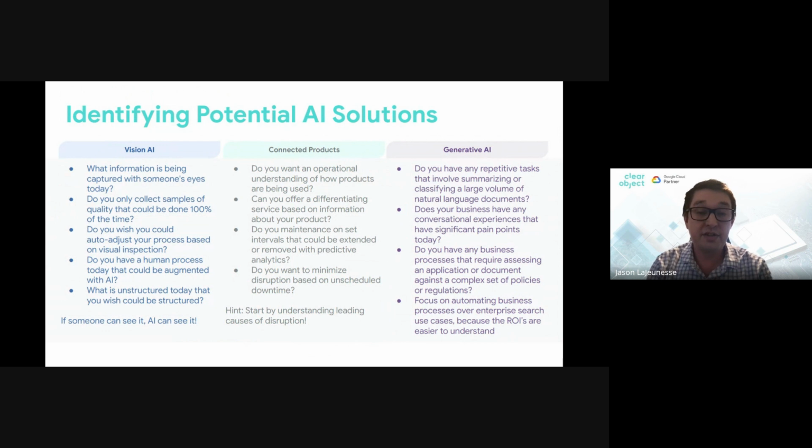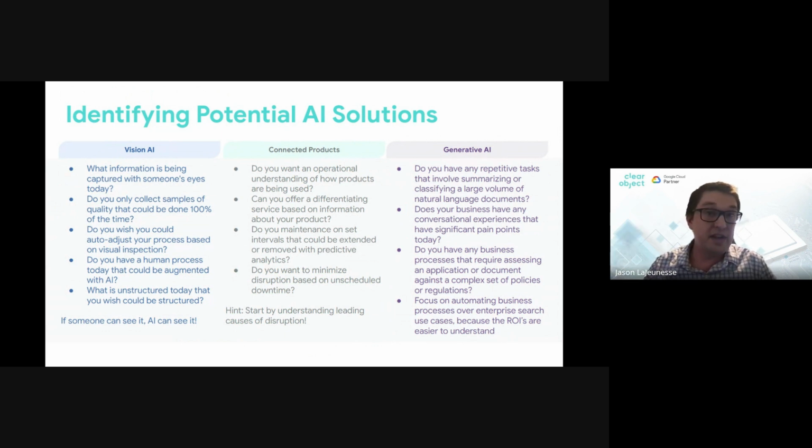And then something else to note, if you have any business processes that utilize complex rules and policy documents or regulations, that can be a very good use case if you have people that are going through hundreds of these policy documents. There's actually a lot you can do with large language models to automate answering questions of those complex rule sets. And so, just lastly to note, we would recommend probably starting more on automating business processes. That seems to be a really good place to start if you're getting your feet wet.